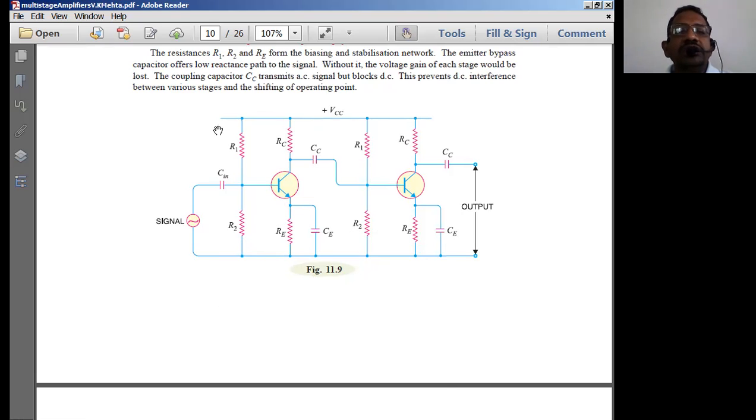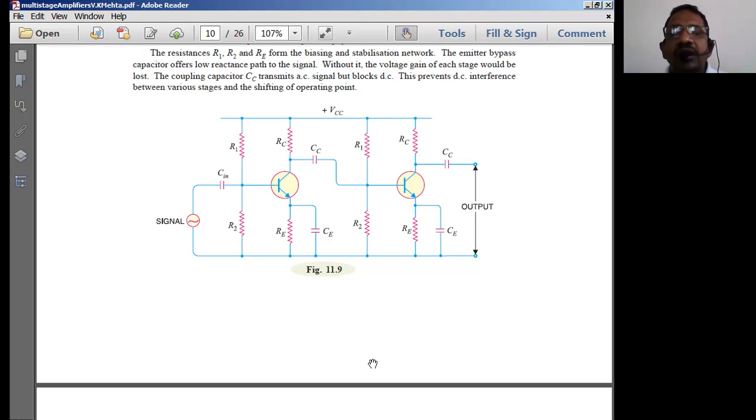Now here, one amplifier stage is connected to the next amplifier by a capacitor. So this coupling is an RC coupled amplifier. The load resistance of this first stage is connected to the capacitor. Therefore, it is simply called RC coupled. Because of this connection, we call it an RC coupled amplifier.